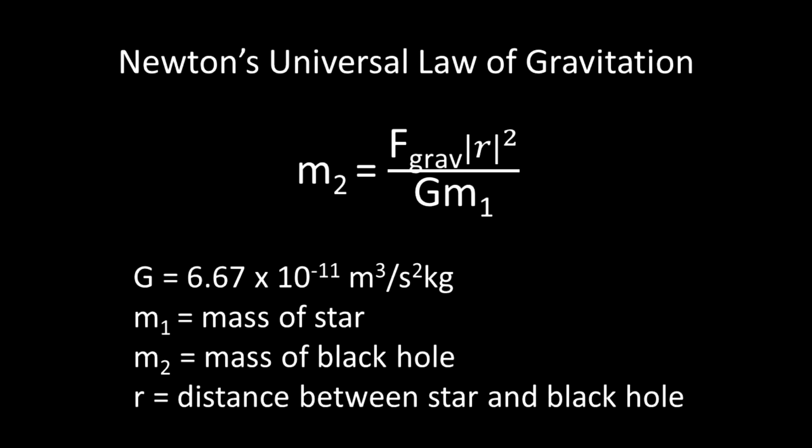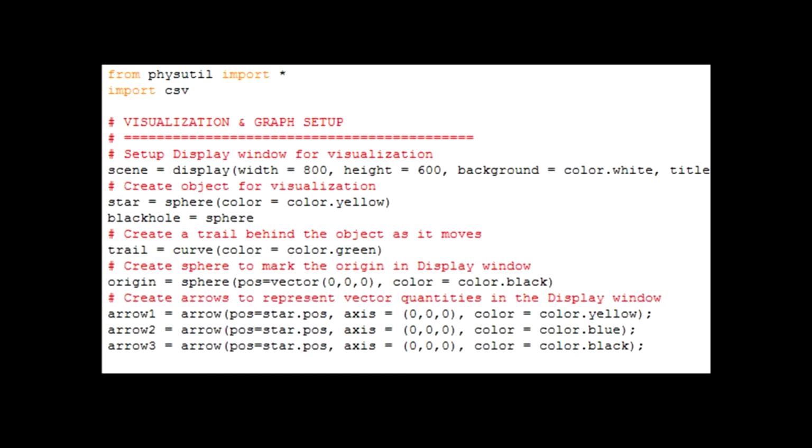I was given all the information for this equation except the mass of the black hole and the force due to gravity. I was able to find both of these values by using VIDLE. First, I used my data to find the force upon the star, then I plugged that information into the equation to find the mass of the black hole. I assumed that the force due to gravity is the only force acting upon the star, which makes it the same as F-net. To start coding in VIDLE, I made the black hole an object so I could give it